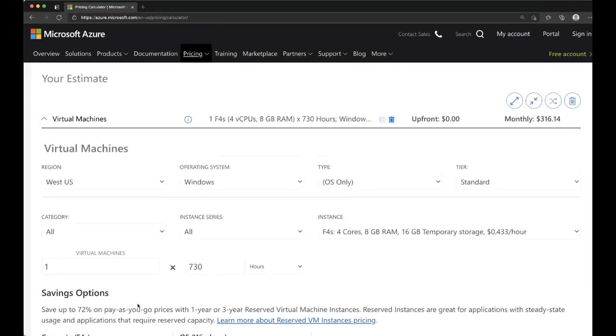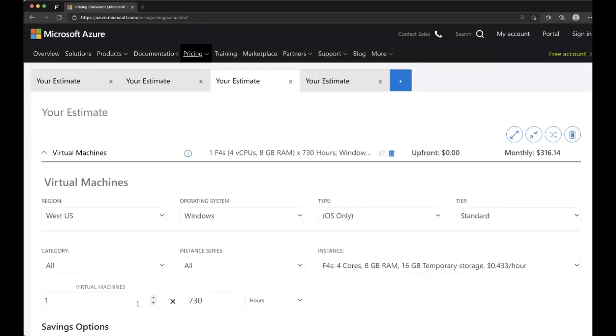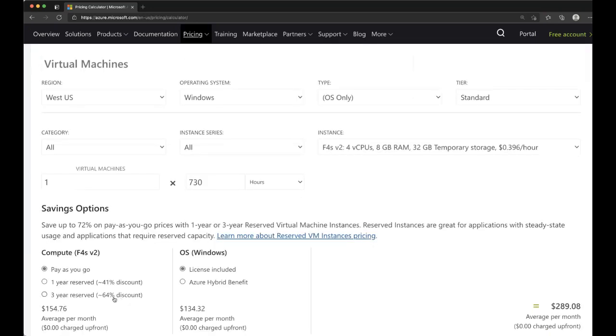Well, all I did was look to see if we just bump this up. So you can see right there, 43 cents an hour, dropping it to 39.6 cents an hour just by going up a version. And the discount for their RI jumps all the way to 64% for a 3-year reserved instance.